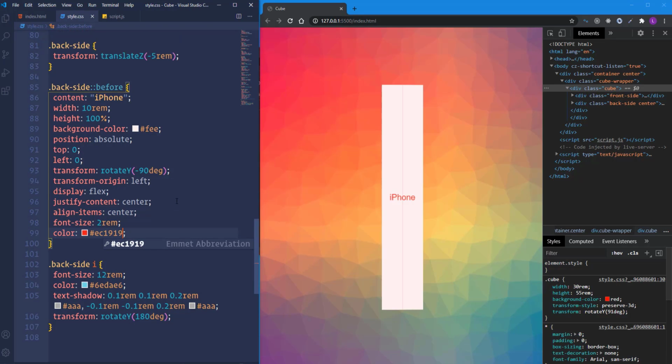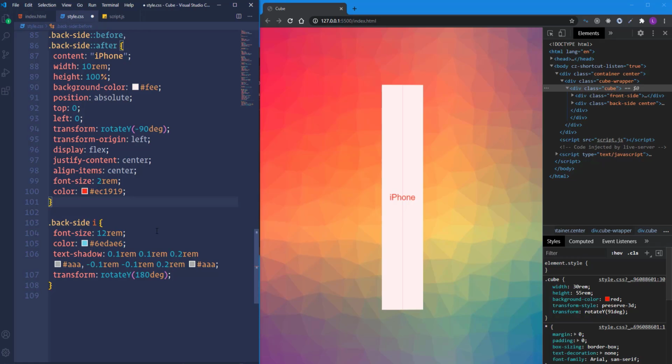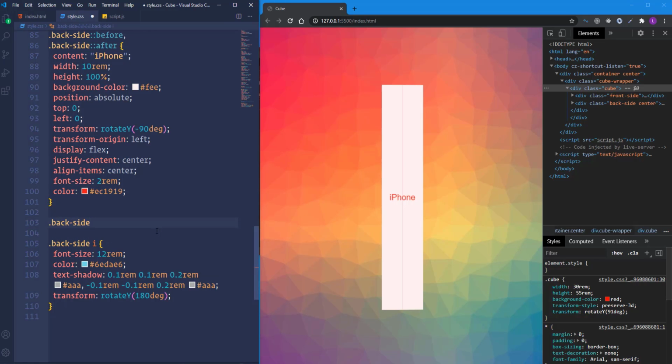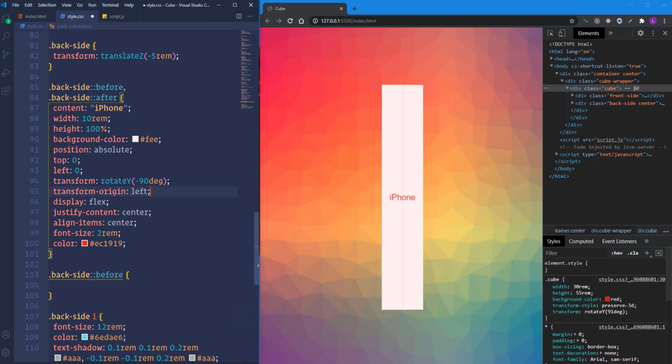Now in the same way we have to create the right side, which is going to be similar to the left one. So I'm going to add here after pseudo element. Then select before pseudo element separately and grab those 4 lines from here.